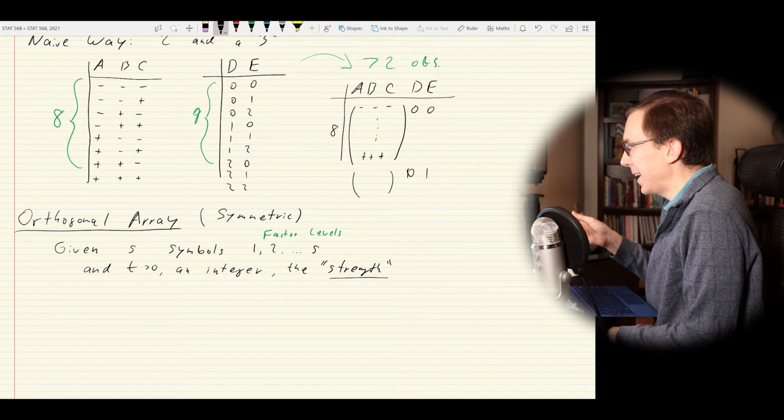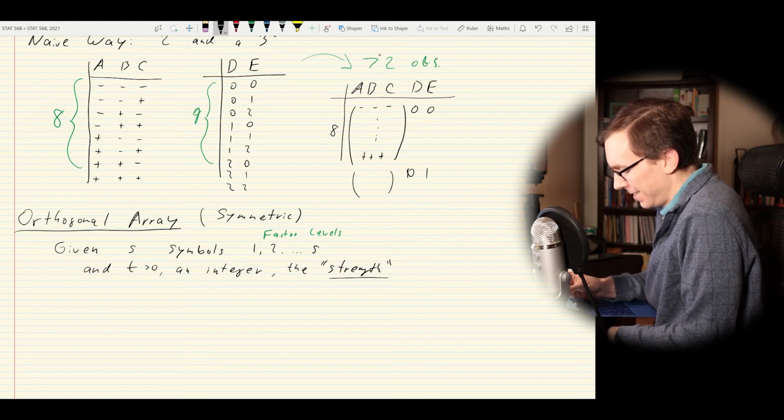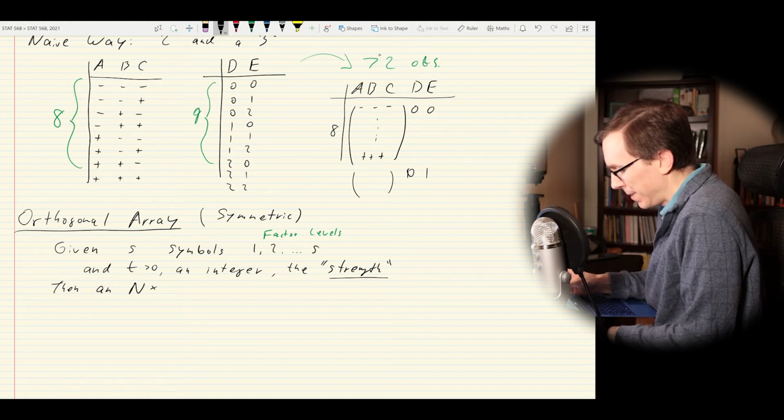Given this and that T, which is the strength, then capital N, N by M